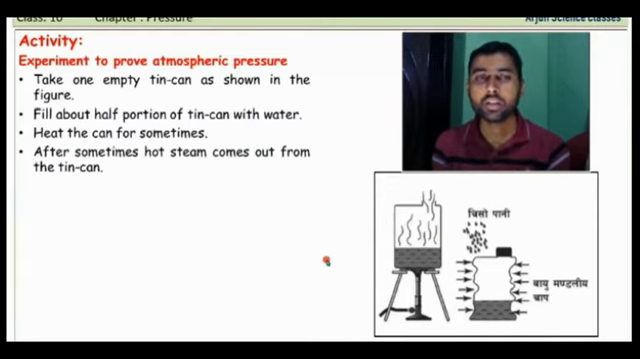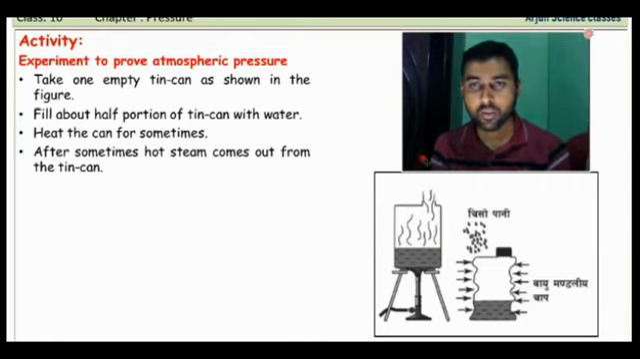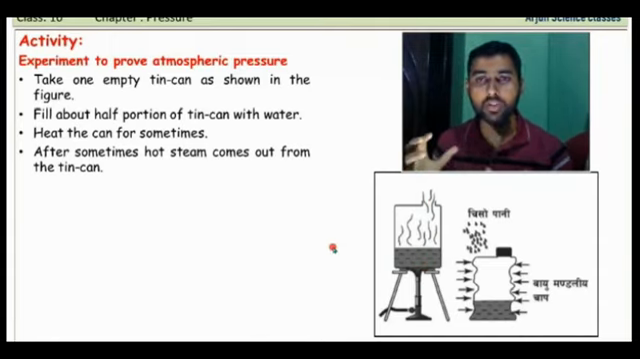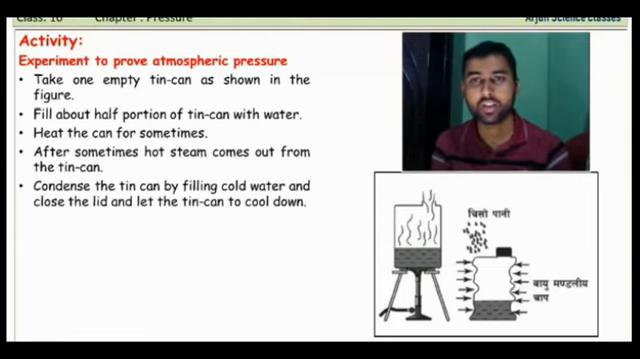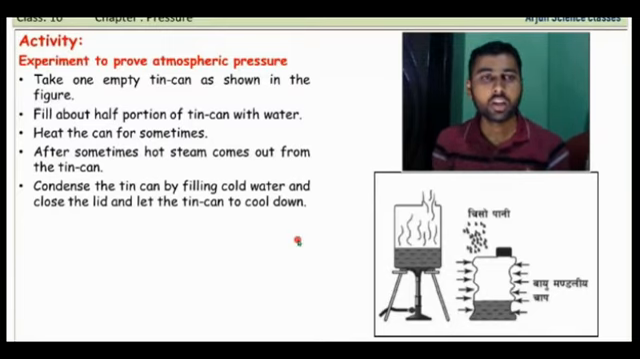Okay, and after some time hot steam comes out from the tin can continuously due to heat. Due to heat, the water present in the tin can converts into water vapor, and it comes out from the tin can. And after some time, condense the tin can by filling cold water, and we also have to remove